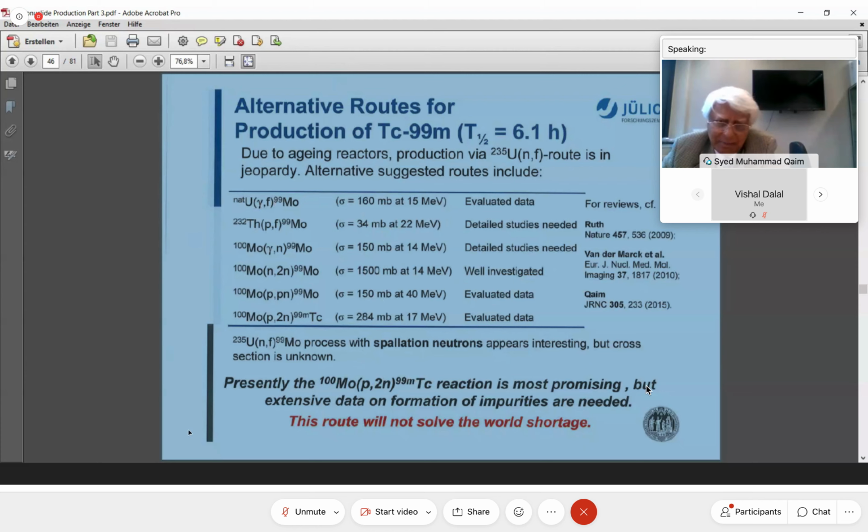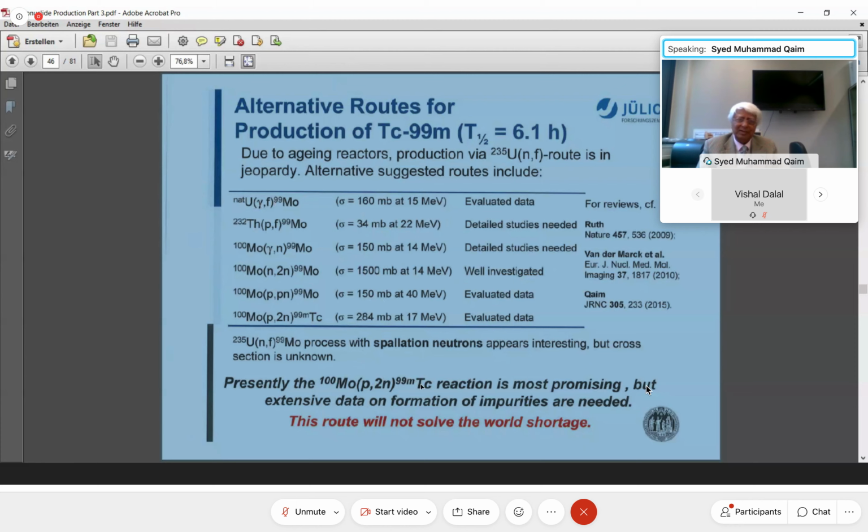If you use technetium-99m directly, not from the column, then it will have to be produced every morning and delivered to the hospital. If the hospital wants to have it at 9 o'clock, it means people have to start working at midnight. Some people will irradiate the sample at midnight and take it out, do the chemical separation, pack it and send it to hospitals, and then it can be used. It's much more effort involved. It is possible, but much more effort. And since it is more effort, it will be more expensive also.